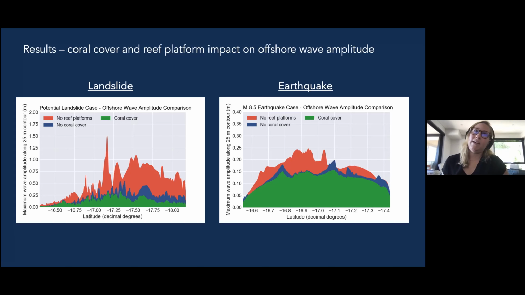Well, the degree of attenuation by bottom friction, the bottom drag, depends on the particle velocity at the bed as the wave passes over, and the bed particle velocity tends to be higher for waves of higher amplitudes. And so this is clearly the case for the landslide, which was simulated as a block falling in very shallow water. And in this part of the world, the tsunamis that are generated by earthquakes tend to not grow in amplitude too much by the time they reach the